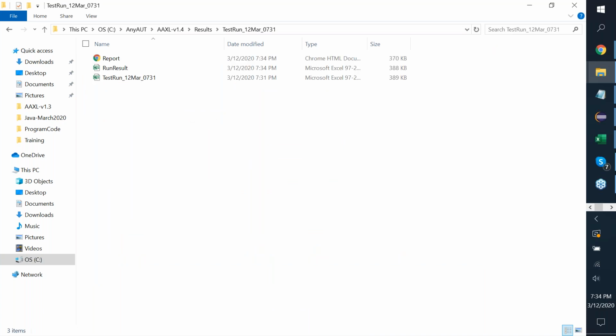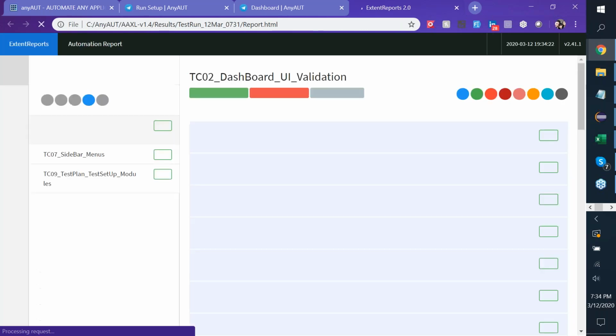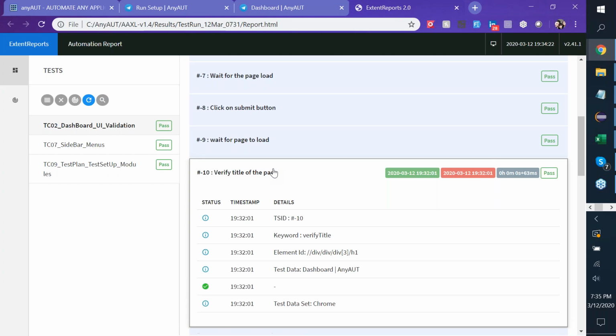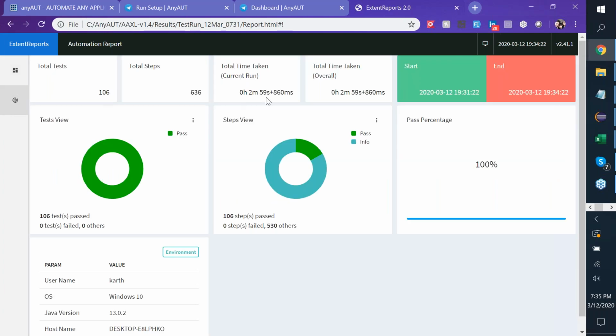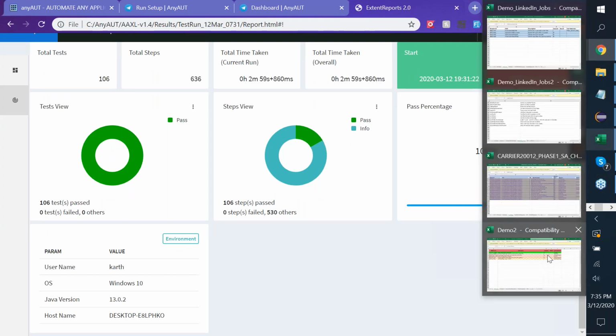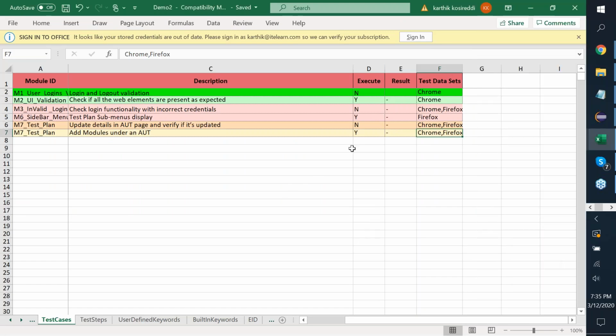In this, if there are no issues, you would have a clean report with all passes, details of everything that has happened correctly, and an overall summary: how many steps, how long it took, pass percentage, the environment under which it executed, and so on. The same thing, if an error comes up, it also helps us to debug better. So this demo 2, now for example,